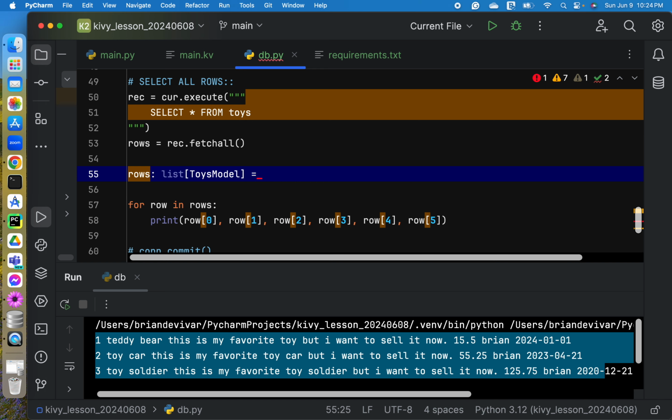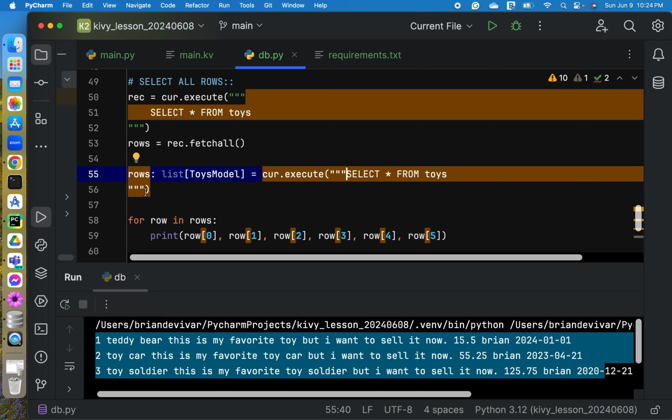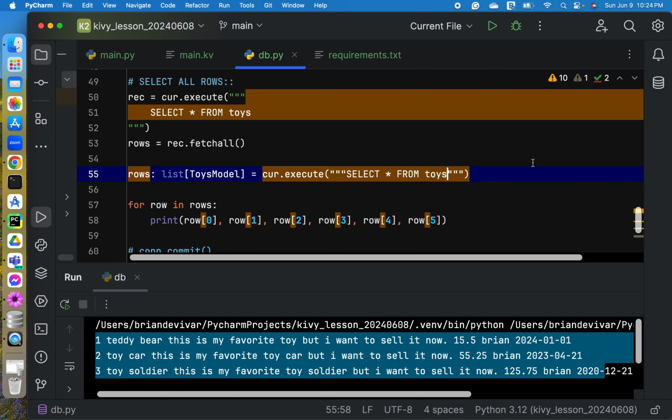So is equals to cur dot execute, and then let's just copy the select statement. I think it's much better to put this on a single line, and we can use just the double quote or single quote depending on your preference.